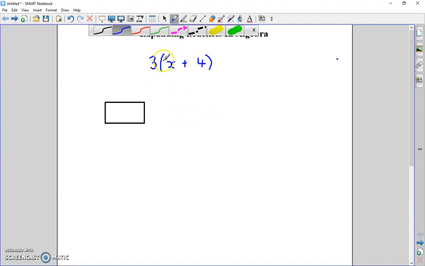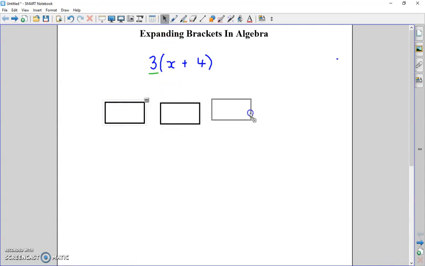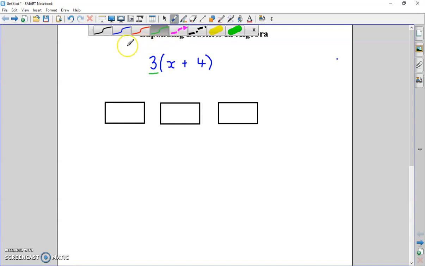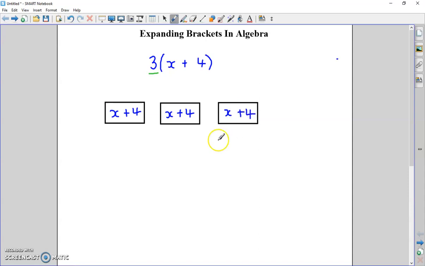Well, the 3 means there's 3 of something. So I can drag out 3 of these. Think of them like boxes or drawers or cupboards in your house. Inside each of those boxes is an x plus 4. Now, when we say we want to expand the brackets, what we're really saying is, if we emptied those boxes and counted up what was really inside them,